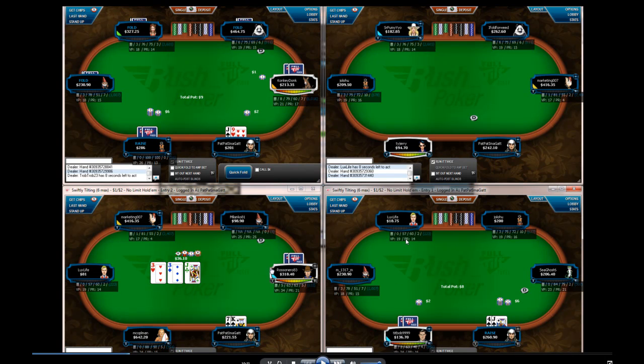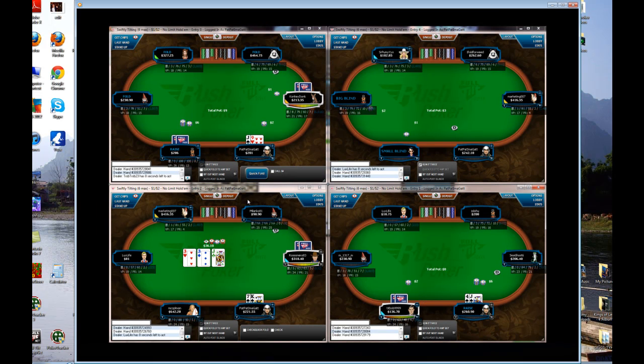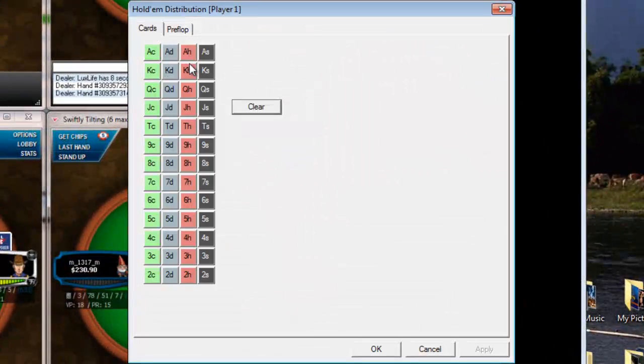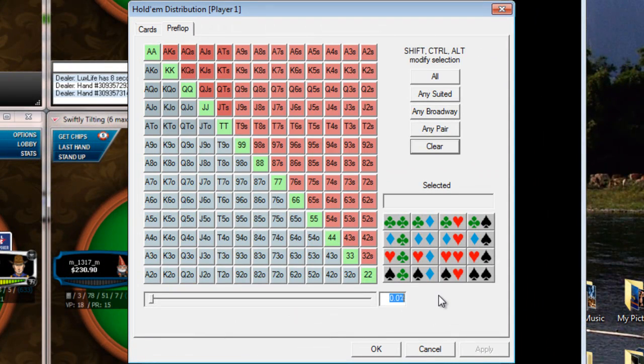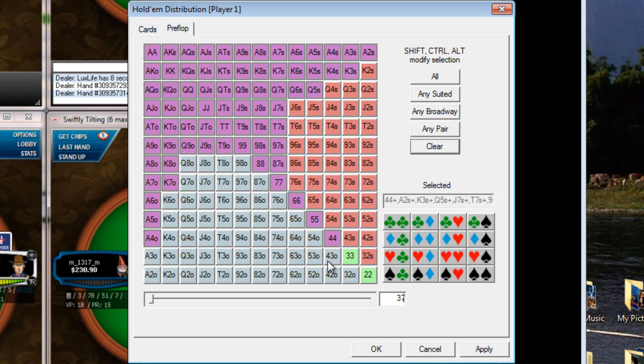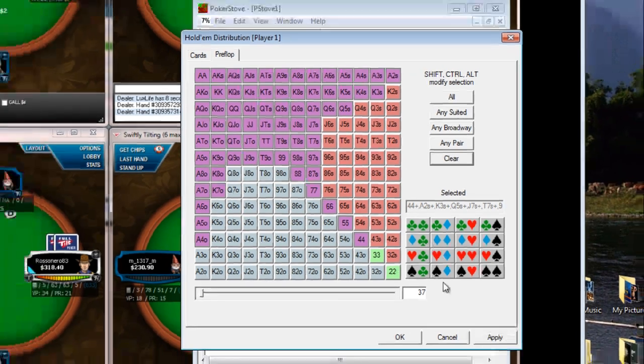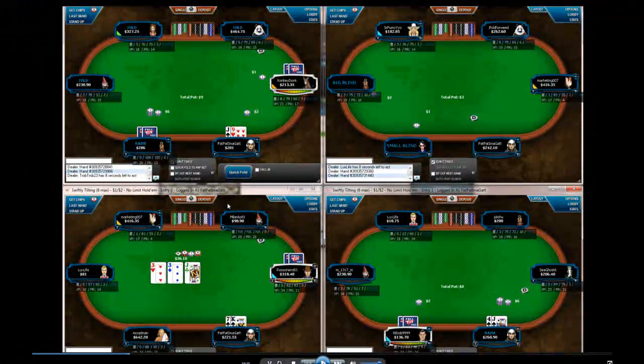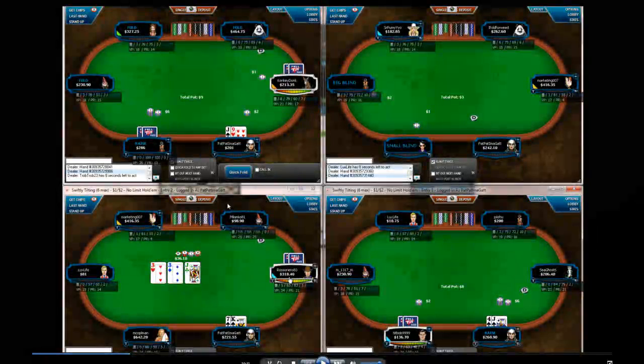But against a fish who's playing all these shit hands like Queen 6 suited, here the fold to 3-bet is 63%, so he's playing like 37% of hands in this situation. Again, to quickly bring up PokerStove, player 1, pre-flop, he's got 37% of hands in a 3-bet pot. All these shit hands like pocket fours, Ace 4 off, Jack 7 suited, 10-7 suited, all these weak hands that are just really unprofitable to play,